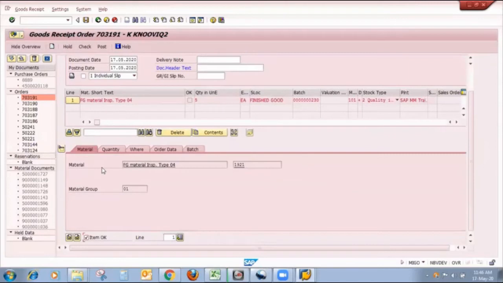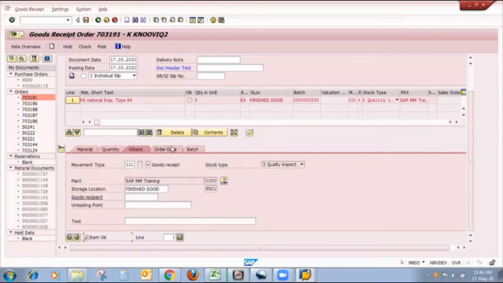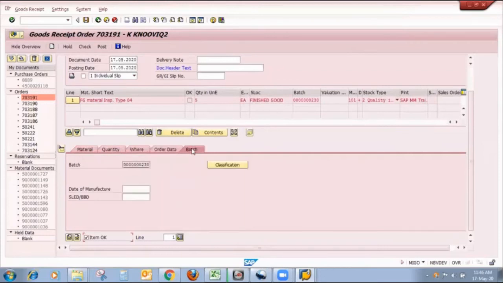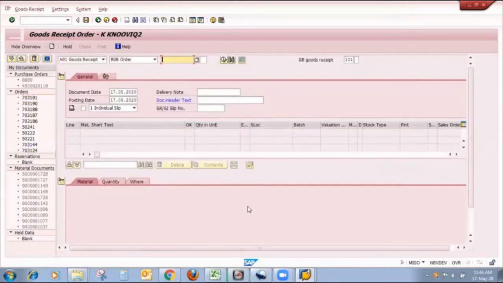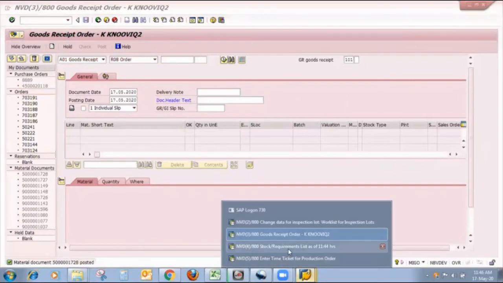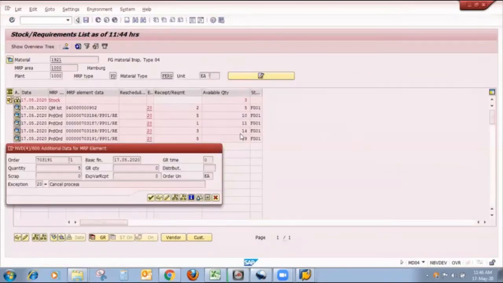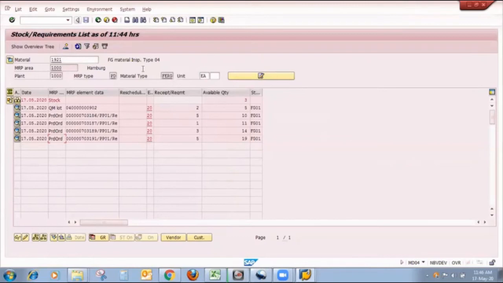Here I check whether all the quantity is properly processed or not. Quantity is okay, location is okay, order data is okay, batch is okay. Here I put my header text and post this document. The document is posted. Now in my stock requirement list screen, I will refresh it.